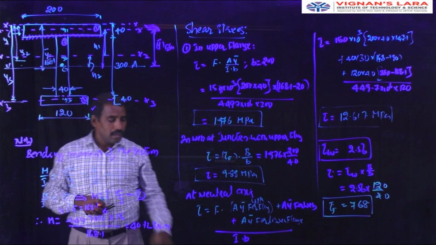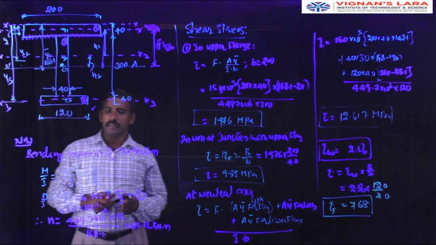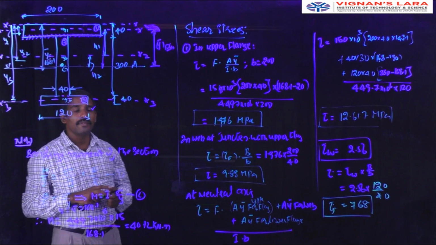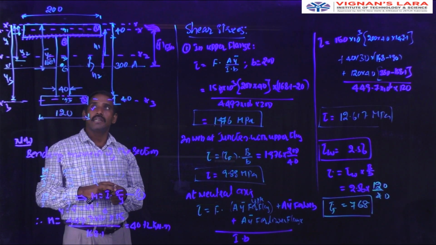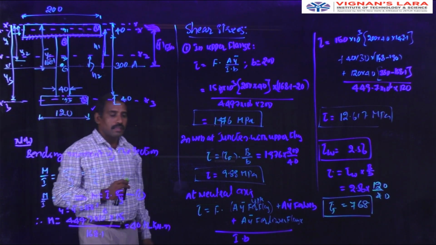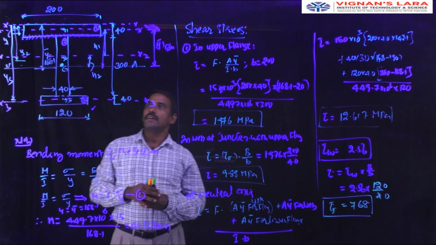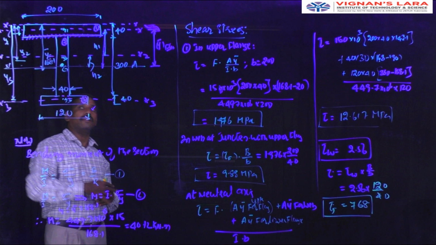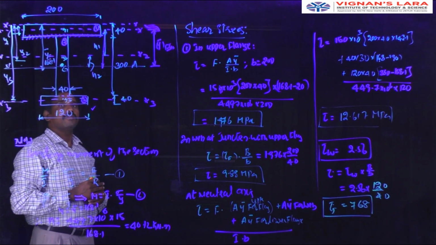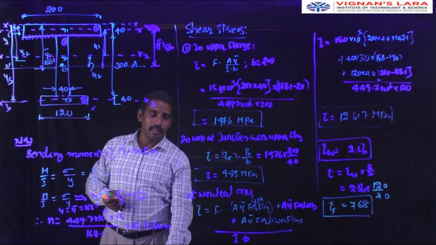This is the way to calculate the shear stress of the section due to a certain force acting tangentially on the I section. So this is the procedure to calculate and plot the shear stress distribution for the I section which is unsymmetrical about the x-axis. Let us see some more examples in the next class.